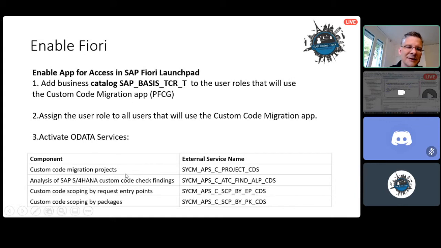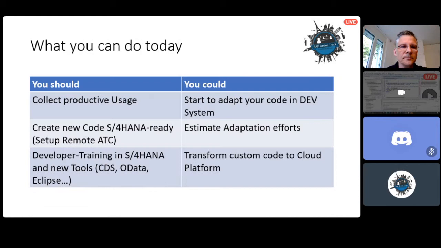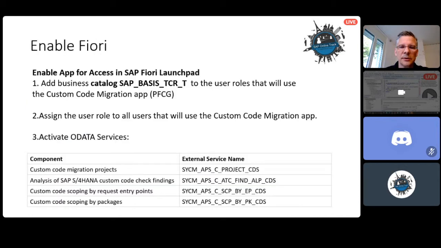And you need to activate these for all data services so the Fiori application will run smoothly. And then you can start working with that. It's really very nice.